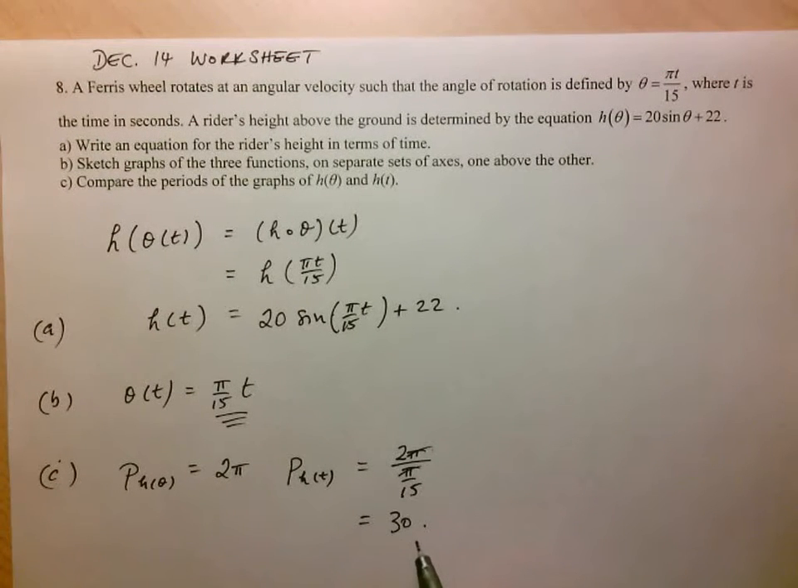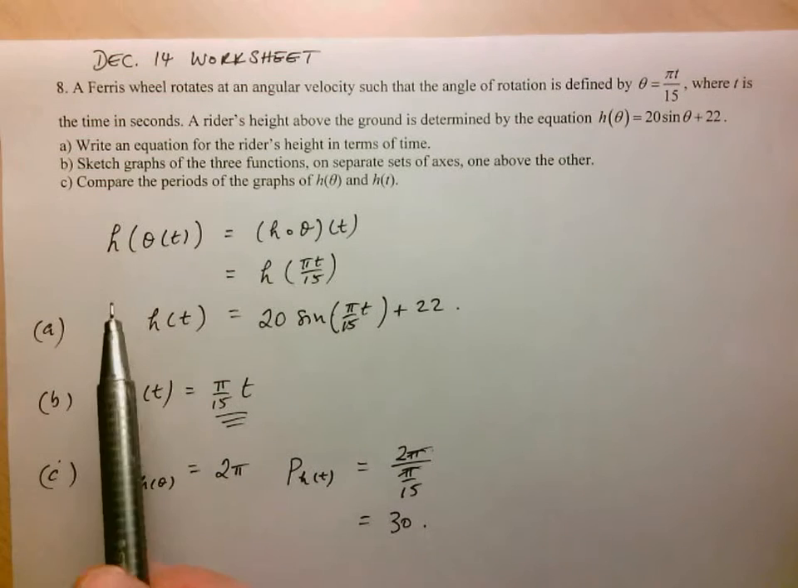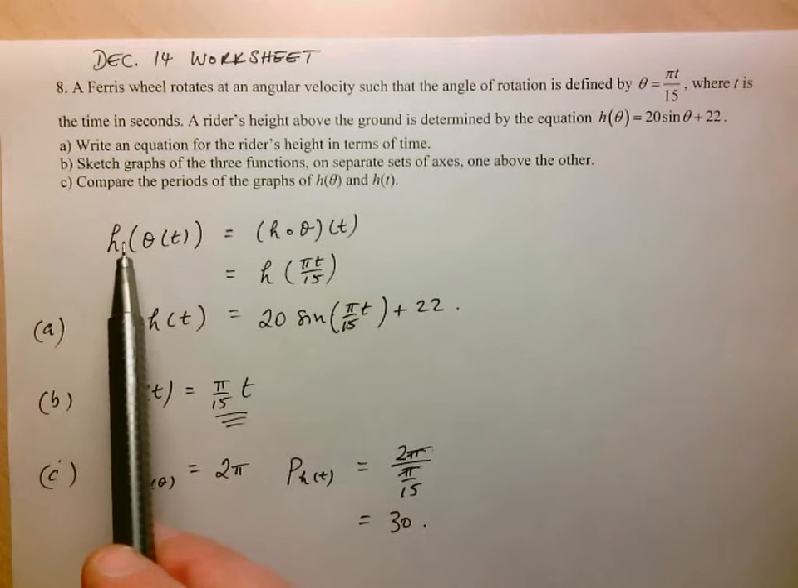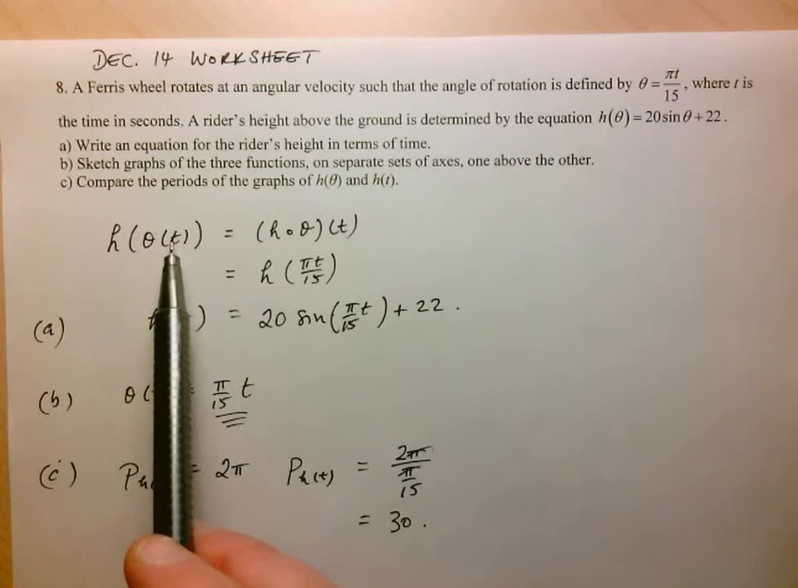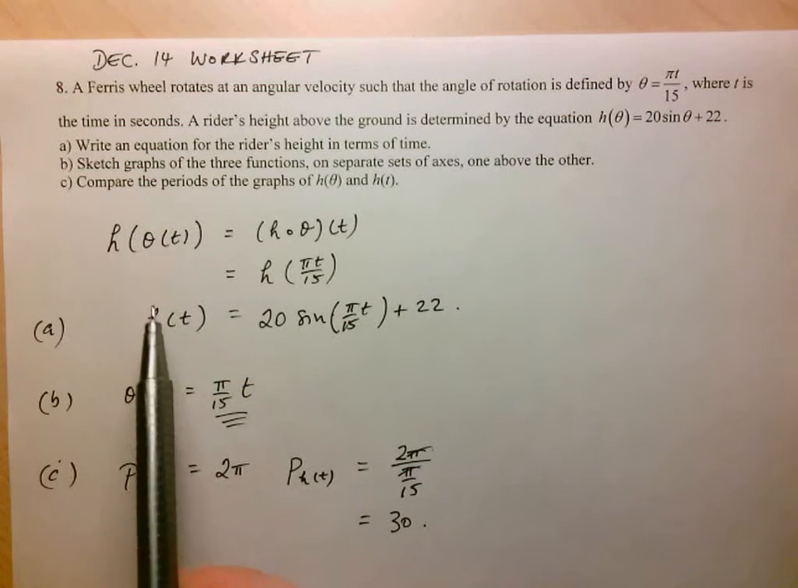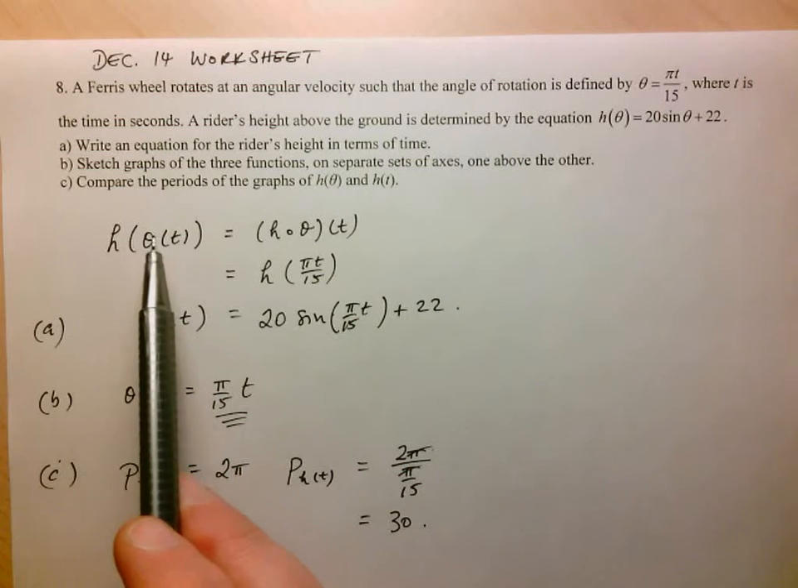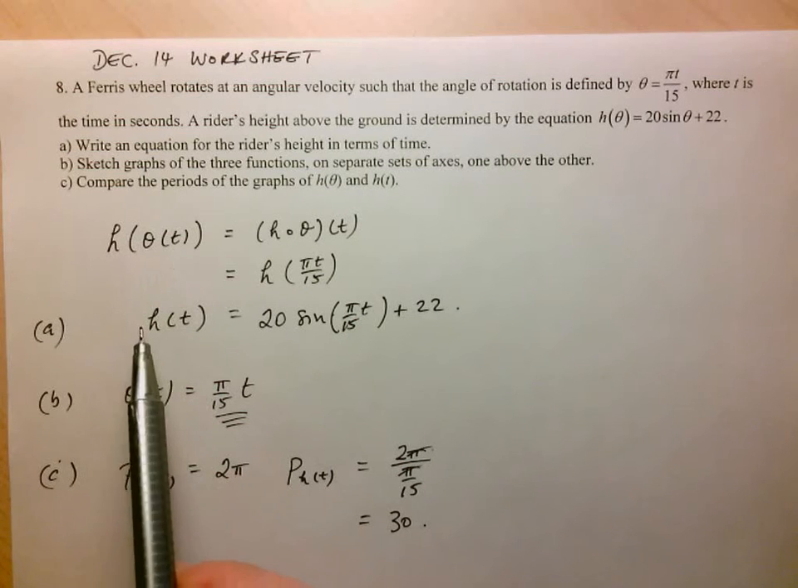Okay, so just a quick recap. Essentially, now we've seen these types of questions a few times where you have one measurement given in terms of another, and that measurement is given in terms of a third, and we can write the equation so that we write the first directly in terms of the third. In this case here, height